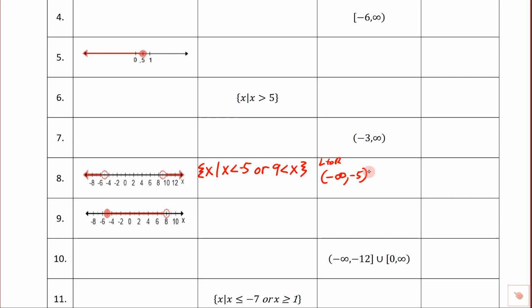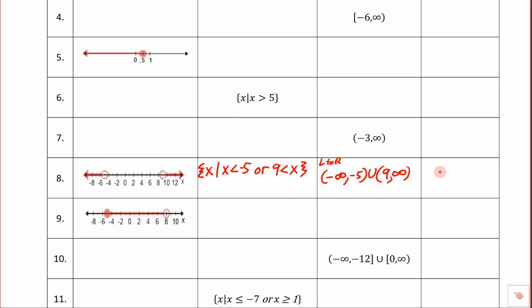And then it's going to start up, so we're going to put a union here. It's going to start up again at 9, so I'm going to put a 9 right there. And again, that one's not included, so this one is going to be all round brackets, goes forever all the way up to positive infinity. And there we go. Now, this last one, we just have to write down a sample solution,